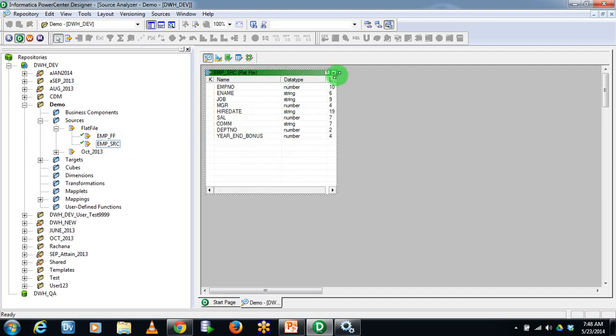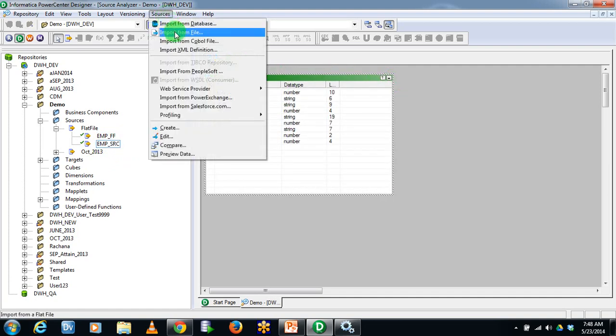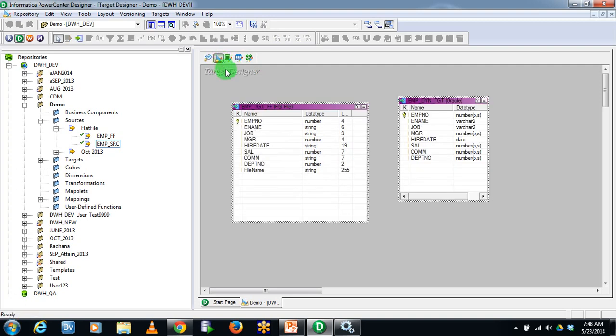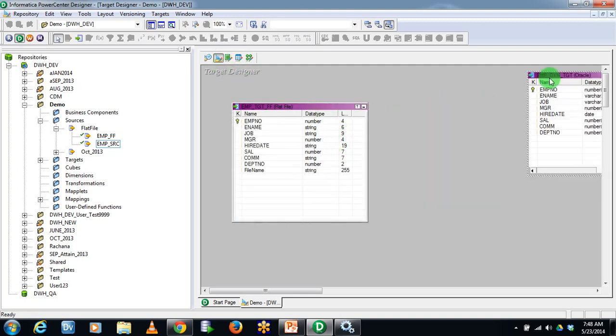Okay, it's a usual flat file. I have imported it from the source, import from file, from my source directory, and saved it here. Here my target will also be a flat file because I am dynamically generating it. So when I create my target file, which will be of this kind, I have added a new attribute